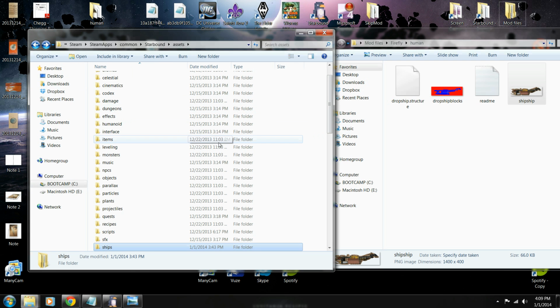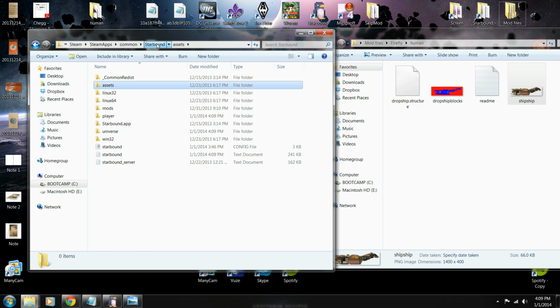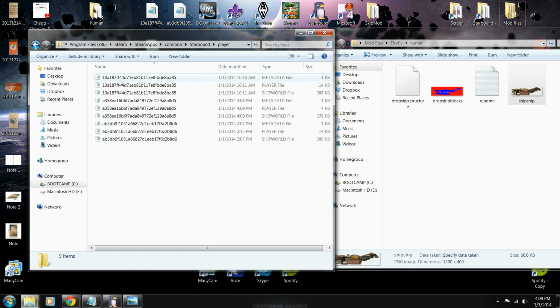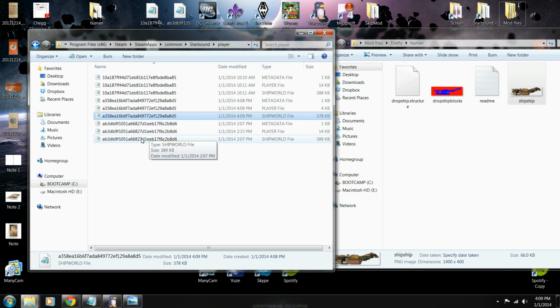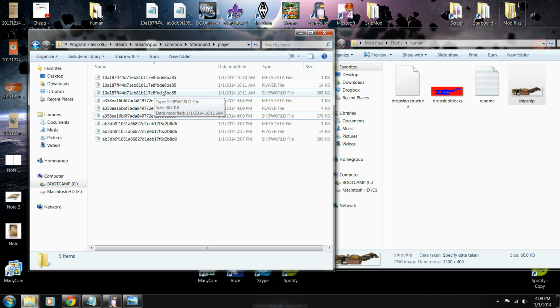Now that you've done this, if you want to change it for a character that already exists, I'm back in my Starbound folder. You go down to player. Here each character you've created has 3 files. One of those 3 files is the ship world file. It should say .shipworld after one of these. So here's the new character I just created. It's one of these. What I want to do is replace